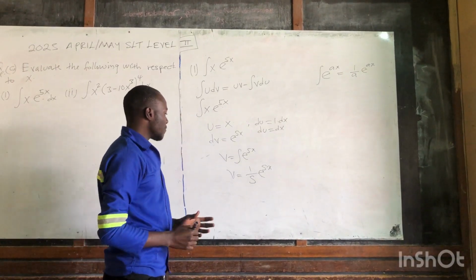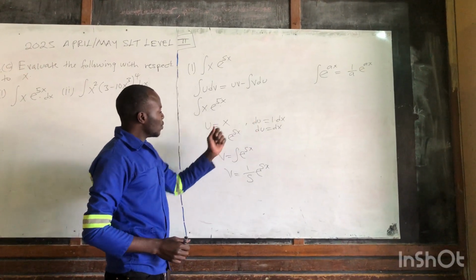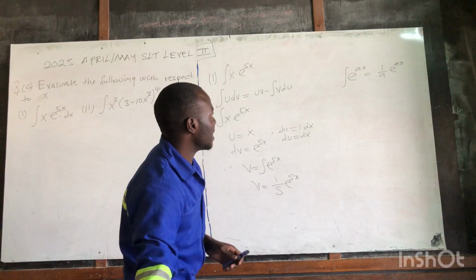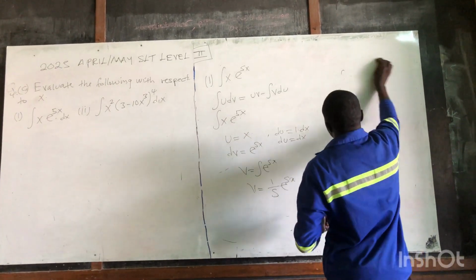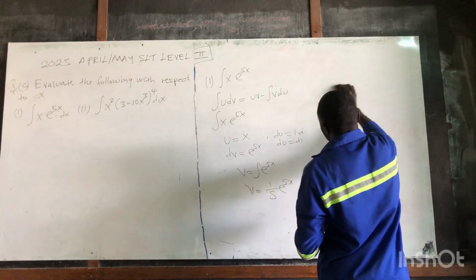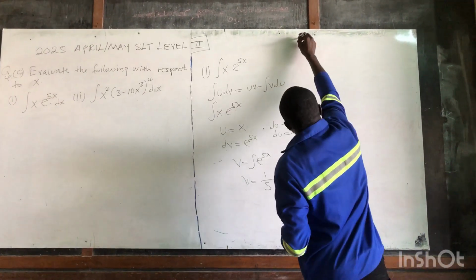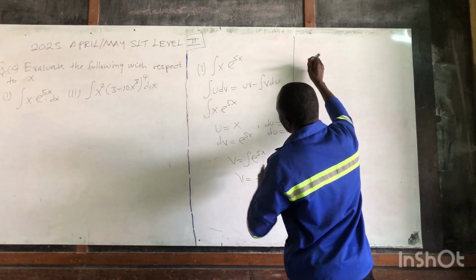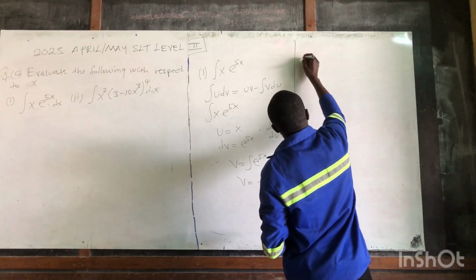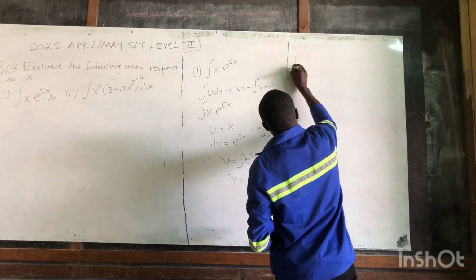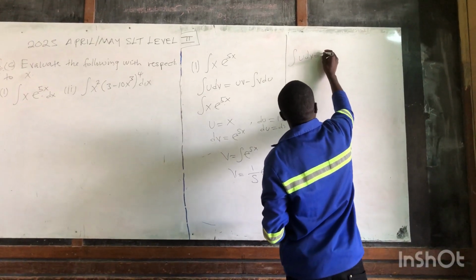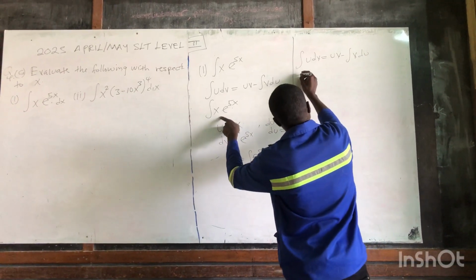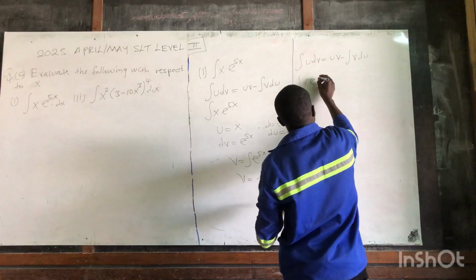Now that we have u, v, du and dv, we can come back to the formula and substitute what we have found. Our formula is the integral of u dv equals uv minus the integral of v du. So the integral of x exponential 5x will be equal to